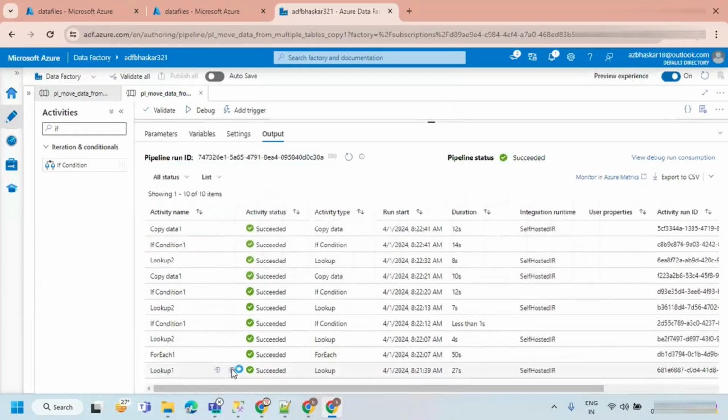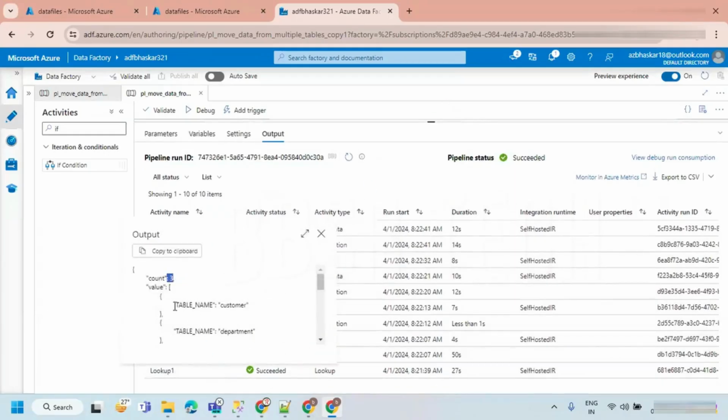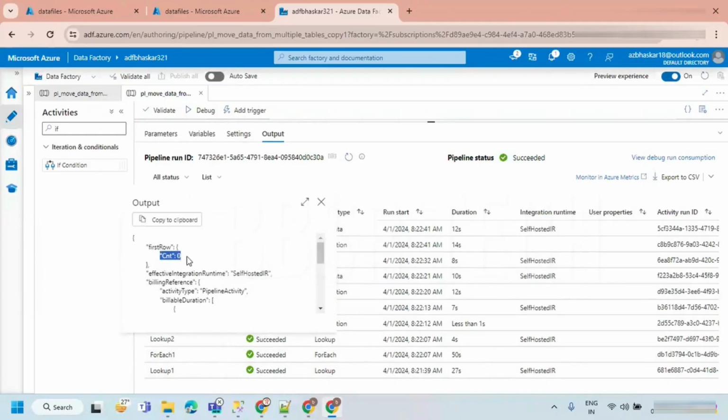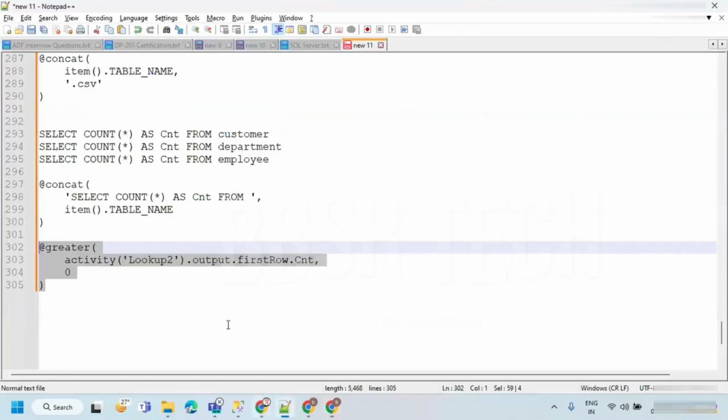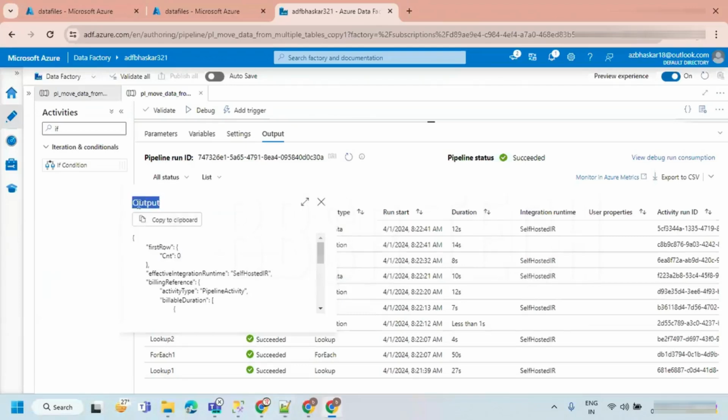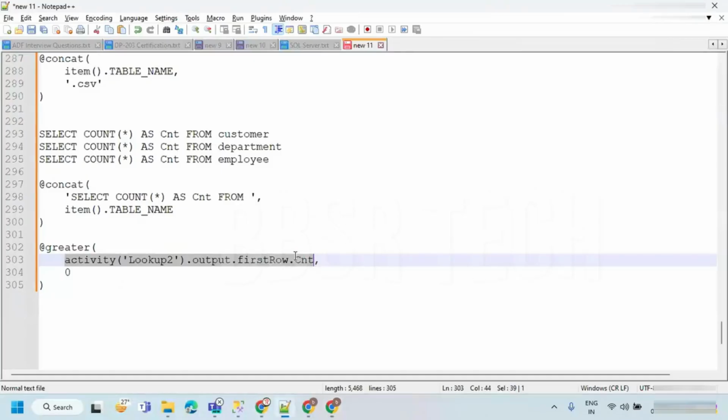First lookup output is 3 tables it is giving: customer, department, and employee. And then it is giving to for each to iterate it. The second lookup is going to give the output count is 0 for customer. First row dot count. I have written this expression here. Activity output dot first row dot count. So that is what I have written here.